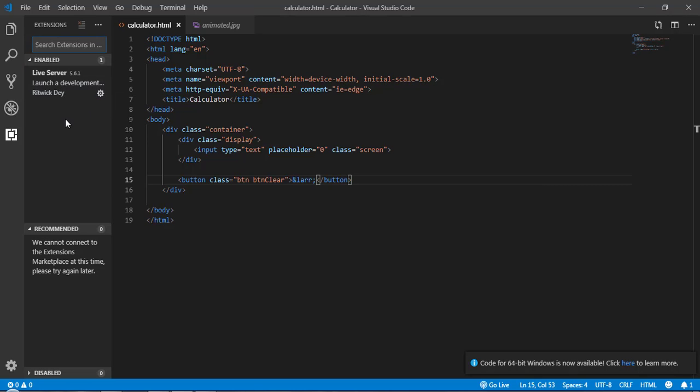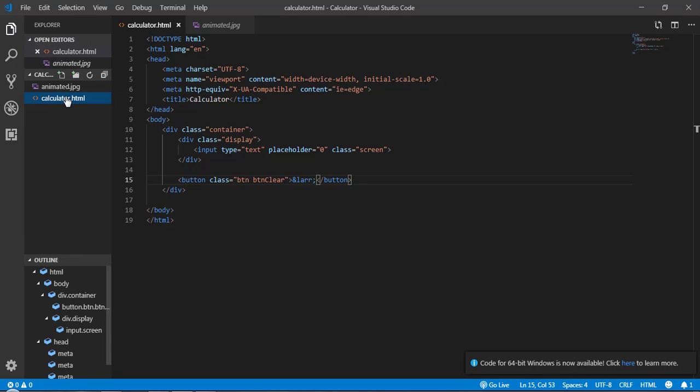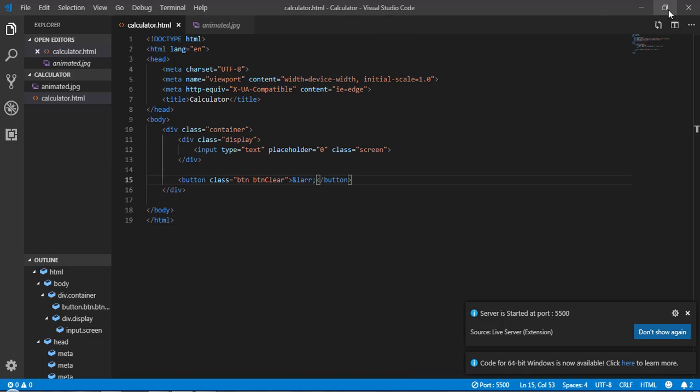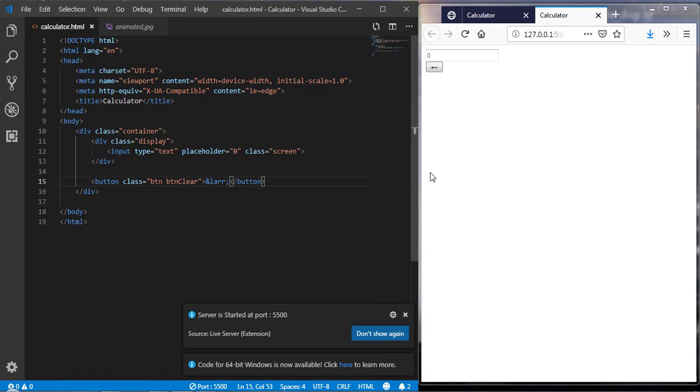I already have it installed. So I'll go back, right click and open this with live server. This will open it in my default browser. Yes, you can see I have the display and the clear button. I'm going to minimize this a little, like so. Okay,